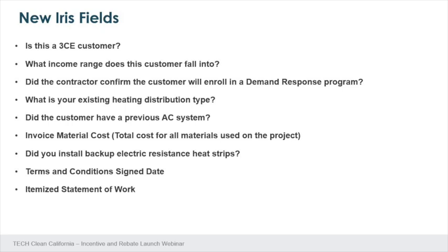For those that are currently participating in Tech Clean California and are familiar with IRIS, there are new fields you will notice that have been added. Fields asking questions such as, is this a 3CE customer? What income range does this customer fall into? Did the contractor confirm that the customer will enroll in a demand response program, information about existing heating distribution type